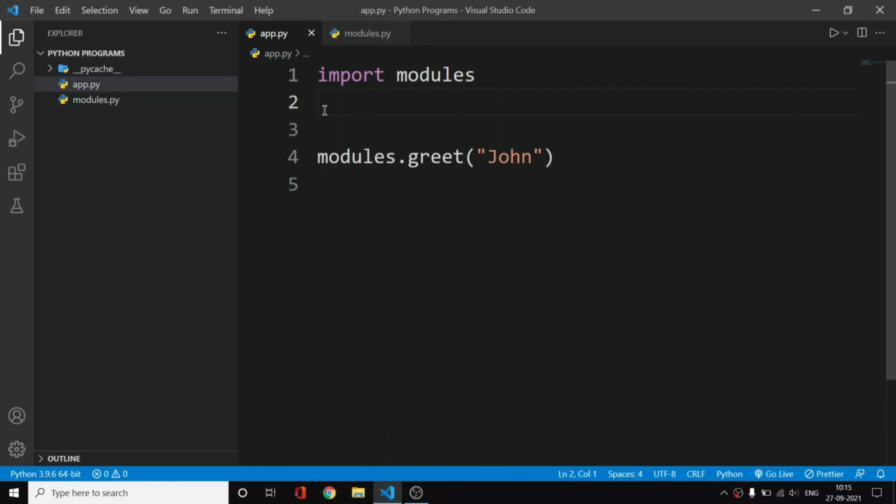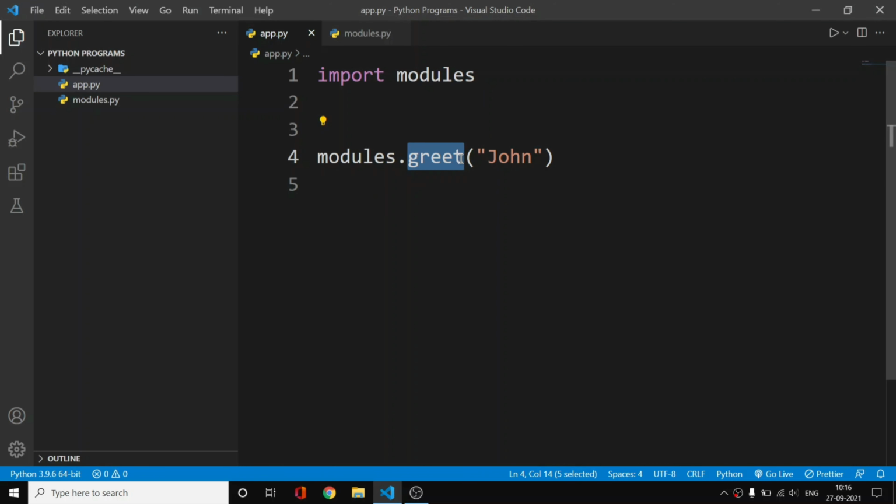Import means to get something from another file. Like if you have heard about India importing, let's say, apples from America, or India importing electronic devices from China. So import means taking something from a different file in our case. So we are basically importing these modules, and then we are accessing .greet, so we are accessing this greet function. In this module we said to Python that I want this modules. Now in this modules we said modules.greet.